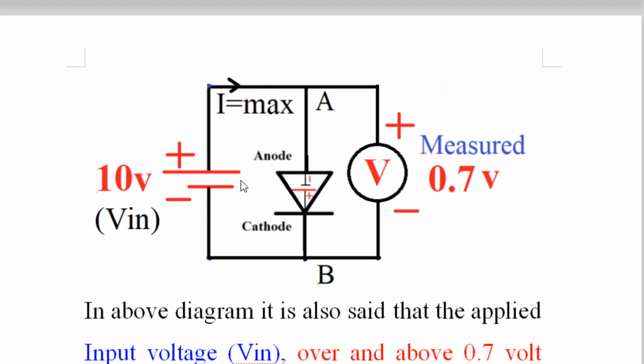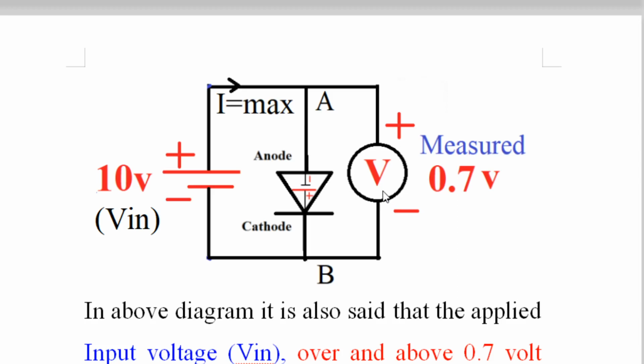If you do the experiment in the laboratory like this, 10 volt is the applied voltage to the PN junction diode, and you connect the PN junction diode in parallel to the battery and the voltmeter also in parallel to the battery as well as the diode, such that positive of voltmeter is to the anode and negative to the cathode, that is positive of voltmeter to positive of battery, negative of voltmeter to negative of battery. The voltage across the diode, measured voltage Vd, you will get 0.7 volt.